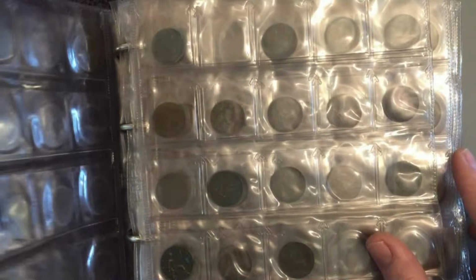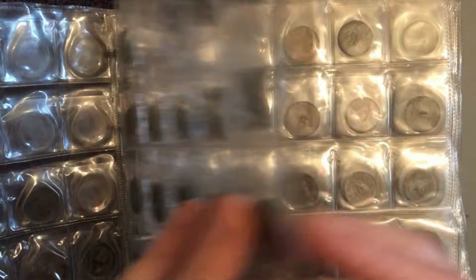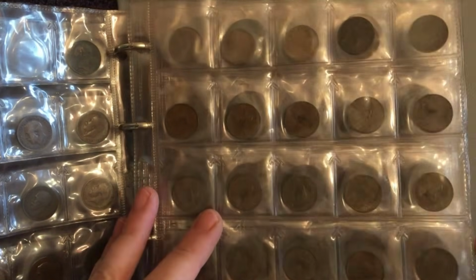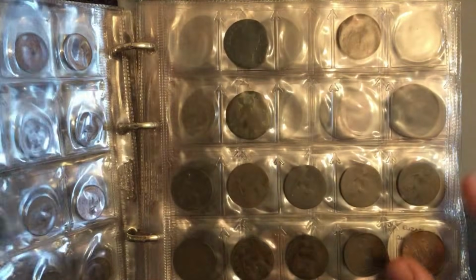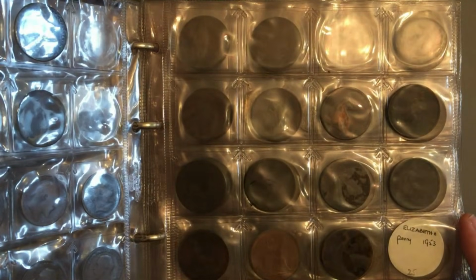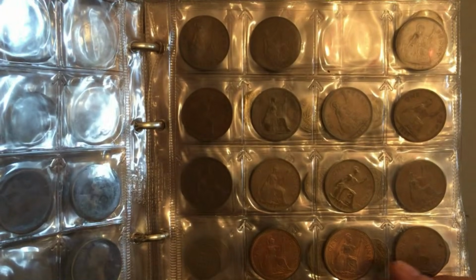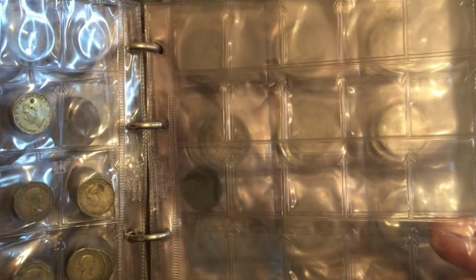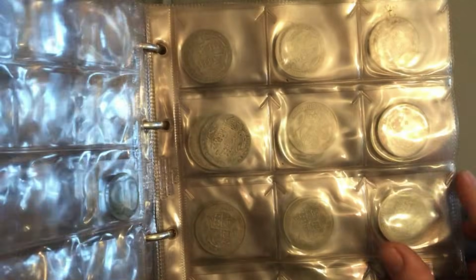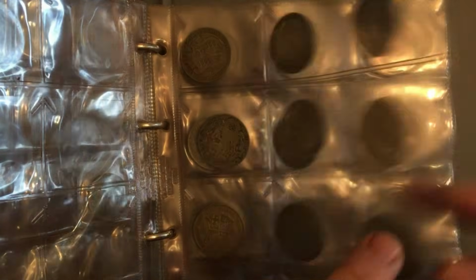So there was loads of Farthings on these first couple of pages, some really awesome old stuff. Some of it's flipped here, we'll have a look at that in a bit. It's pretty much complete date runs going way back. Half pennies as well, and pennies. A lot of this, there's some amazing stuff. You're going to see it all in a minute. Some threepenny bits, and then these pages were all full of awesome stuff which I've taken out and flipped. Half crowns, some silver ones, some copper nickel ones,